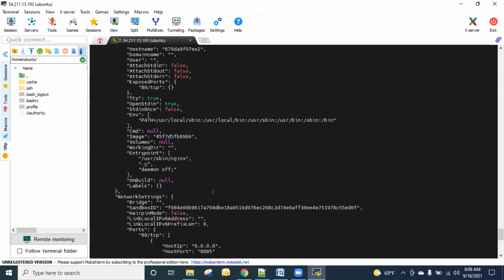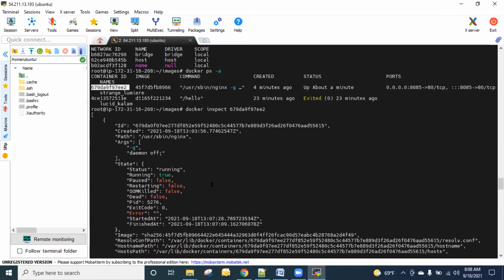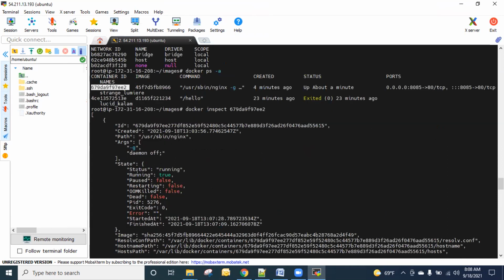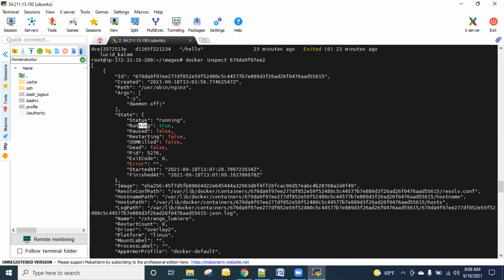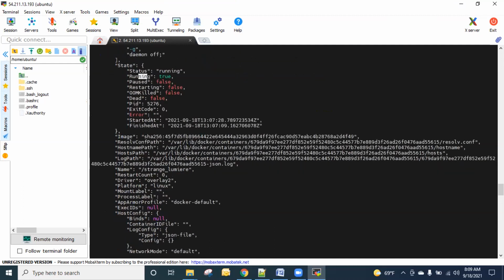Okay, look at this method. It shows all the information about the containers, and it will give you so many things here. Is it in the running state? True, it's running. Status is running. It gave you a string. Then